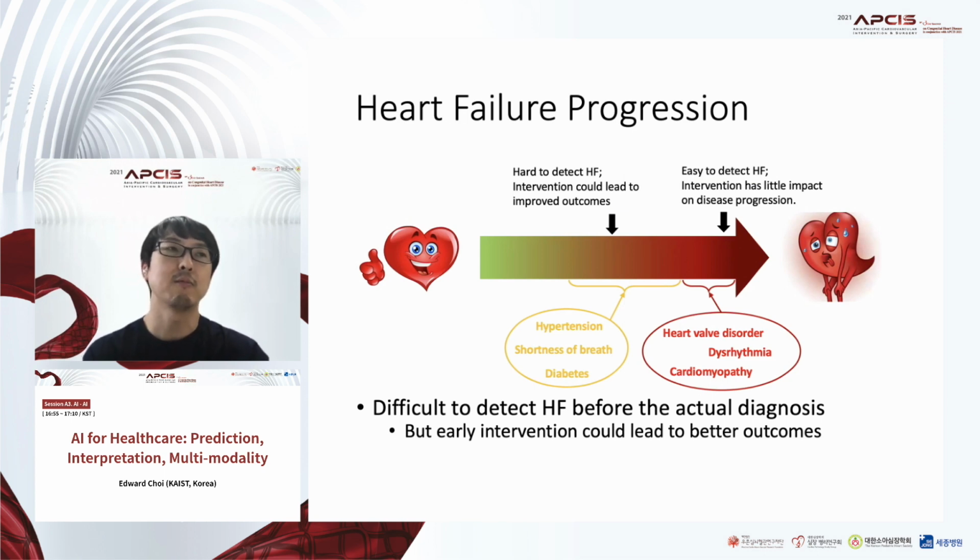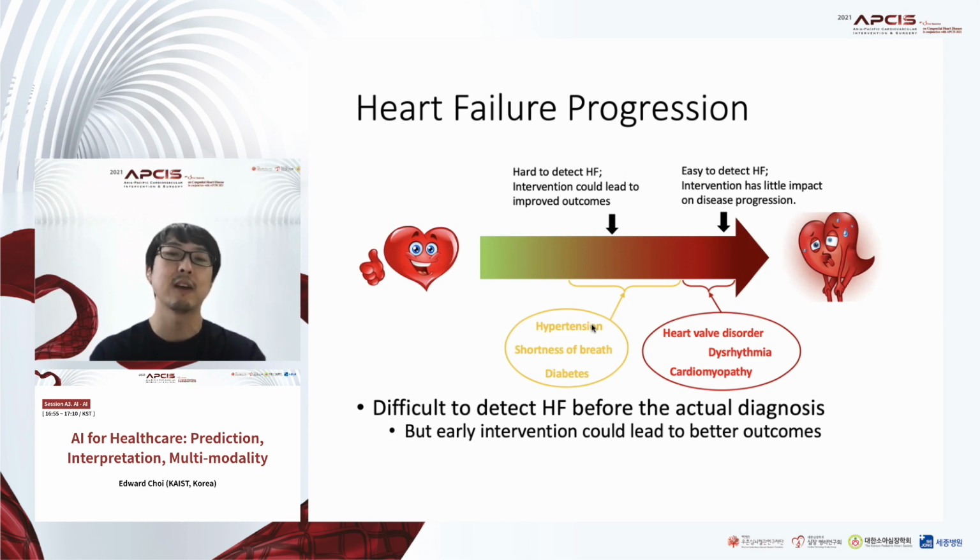But diagnosing that you already have heart failure doesn't really help the patient, because there's not a lot you can do. So you have to pre-diagnose, or actually predict that a certain patient will get heart failure at least 6 months earlier, or maybe a year earlier, prior to the diagnosis, prior to the index stage, so that you can actually do something, like recommend a certain diet, or maybe apply an ACE inhibitor, that kind of stuff. But it's hard because a year or maybe 6 months prior to the index date, the signs are